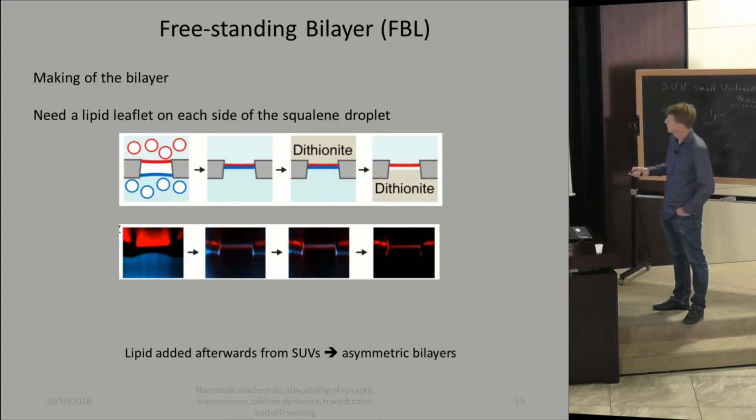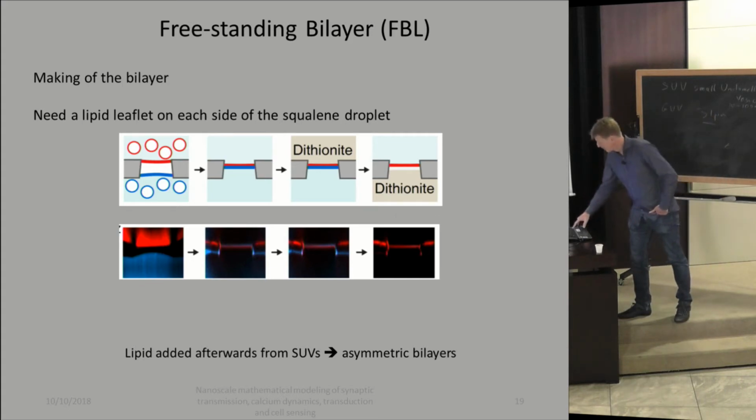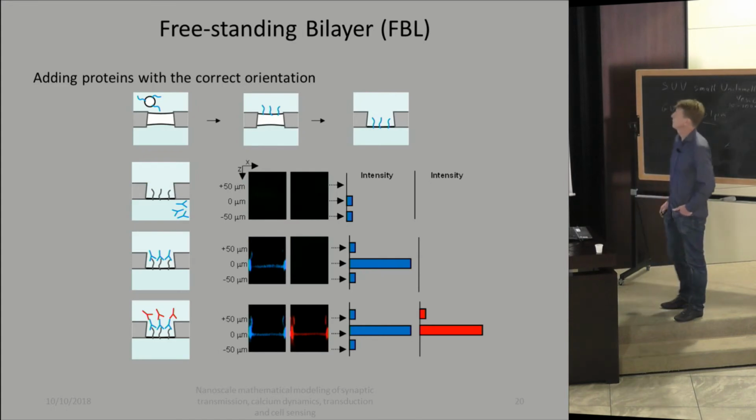You wash them out, and then you see you have a layer that's red and a layer that's blue that are colocalized. If you flow in dithionite on top, nothing happened. It's exactly the same picture, which is normal because the red dye is on top, not the green dye. I should say blue is at the bottom. If you flow in dithionite at the bottom, everything that's blue has disappeared, meaning we really have an asymmetric system. We can do it with proteins. So here, I didn't say it, but it was T snares for fusion.